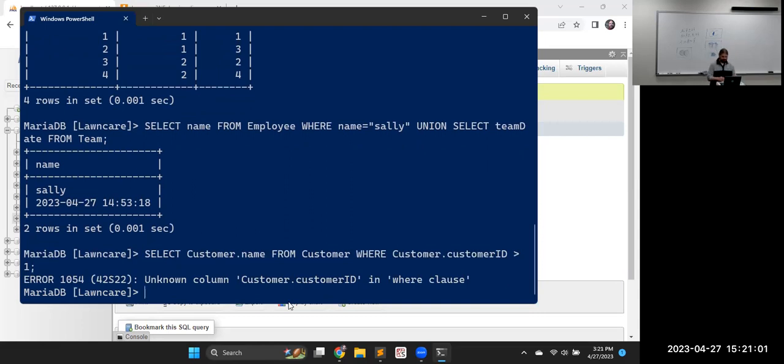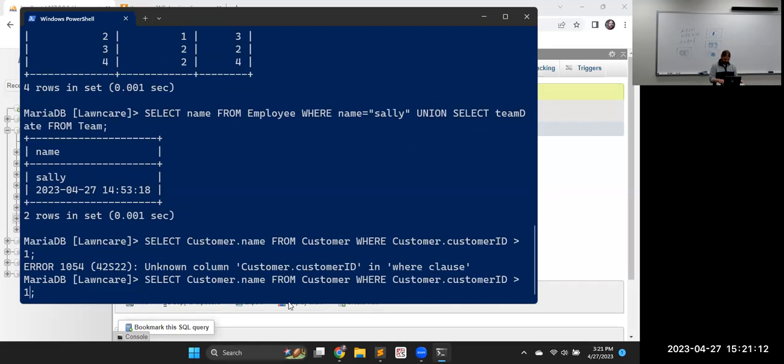Oh. Did I spell it wrong? Oh, wait, because that's not an integer. Sorry, I'm going to switch that to employees. Let's look at employee name from the employee table